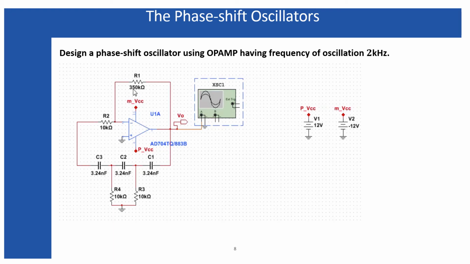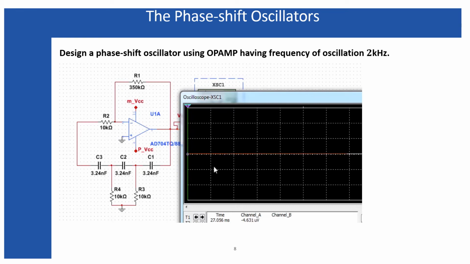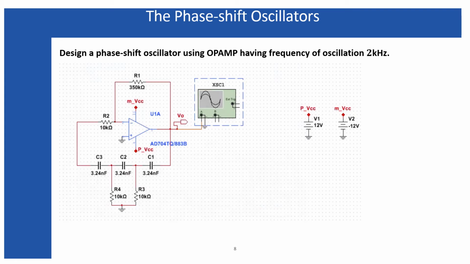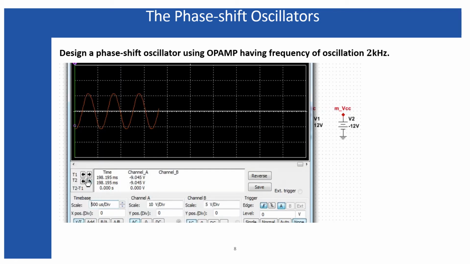So that is why I have kept it 350 kilo ohm. So let's see first. I'm simulating it with 350 kilo ohm. Look here, I'm simulating these things, and look, this simulation is producing these oscillations. Now let's start this oscillation once again, and right now we are going to observe the time.